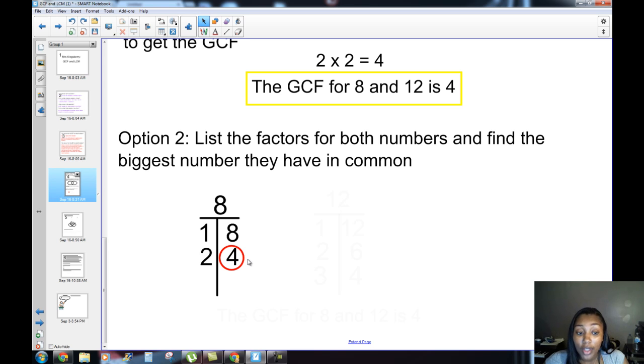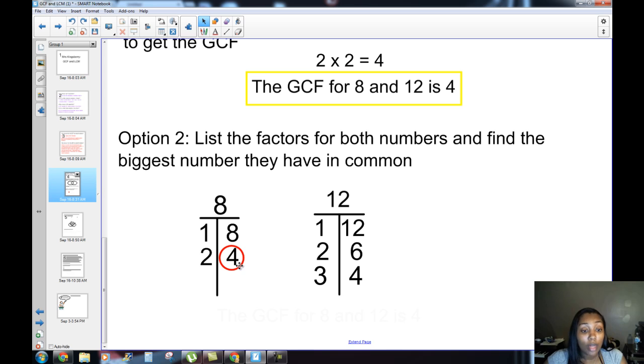I know 3 is not a factor, and then 4, we already have it up there, so we know that we're done. Then I come over here and I'm doing the factor list for 12. And I know, well, 1 times 12 gives me 12. Then I try 2 and I know, well, 2 times 6 gives me 12. Then I can try 3 and I know 3 times 4 gives me 12. And then I can try 4 and then I see I already have 4 on here,